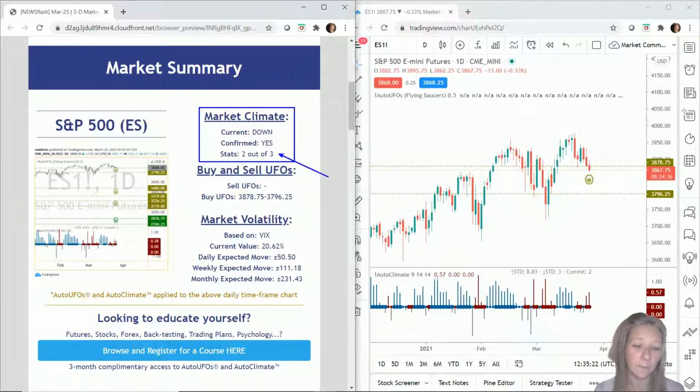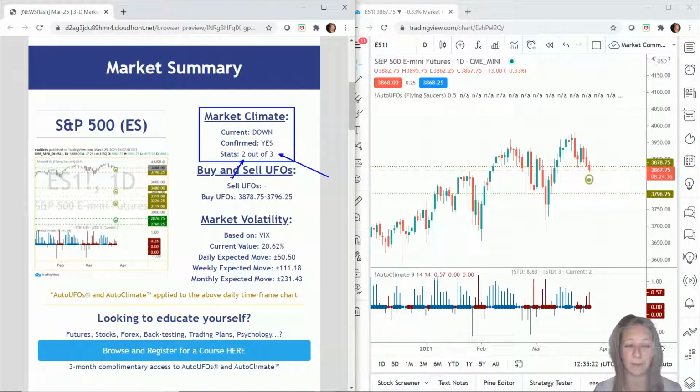We also see that these stats are kind of in our favour. What this shows us is that normally this market would come down for 3 candles. So 3 days. It's a daily chart. By the way, we're looking at a daily chart on each of these markets. So it normally comes down for 3 days, and we're on day number 2, candle number 2. So we have probability of another day or so of a continuous move down based on what usually happens.